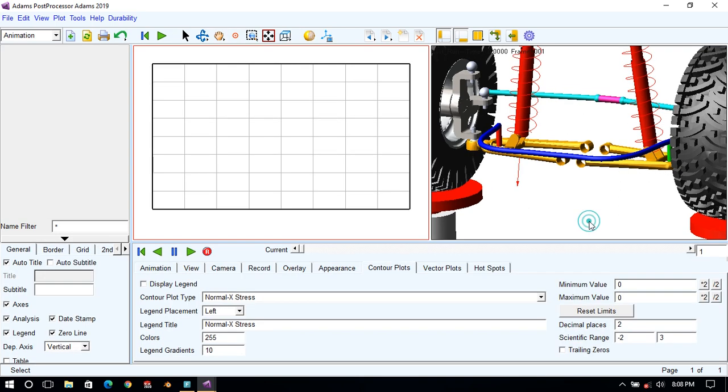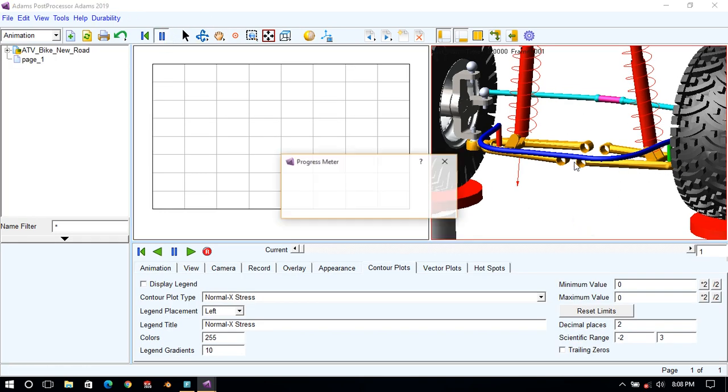Okay, run the animation. It will take some time to load.